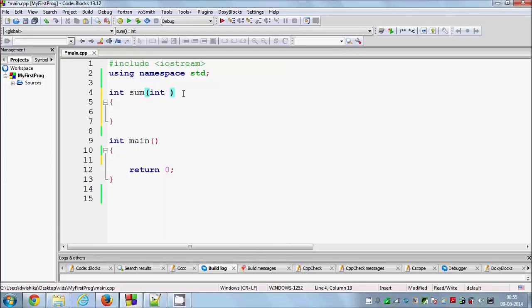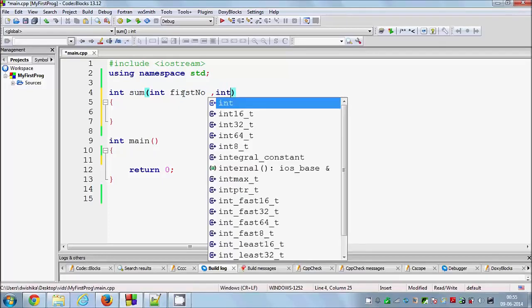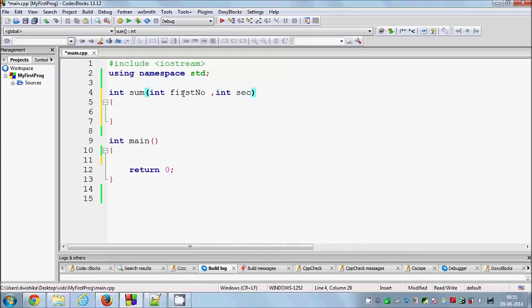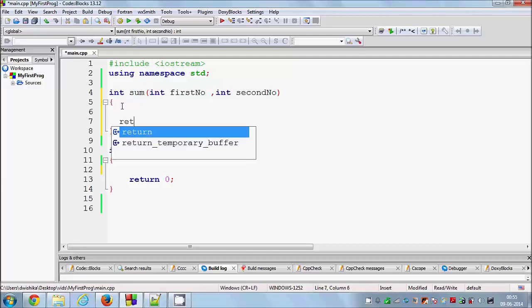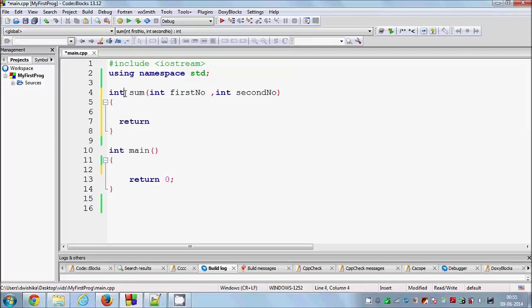So int first number and int second number. Okay, and because we are returning int this time, we need to return some value in order to execute this function.